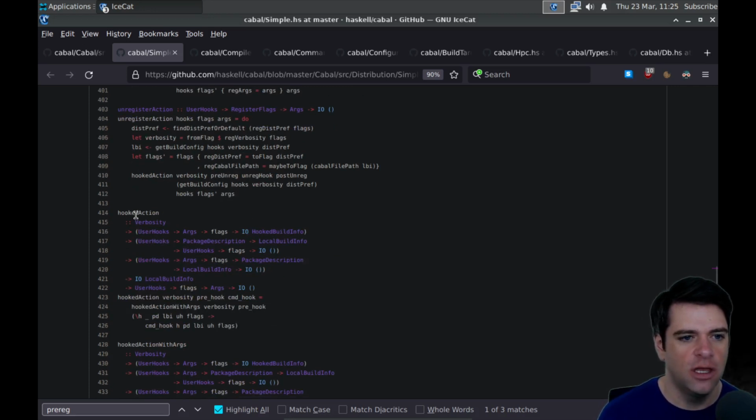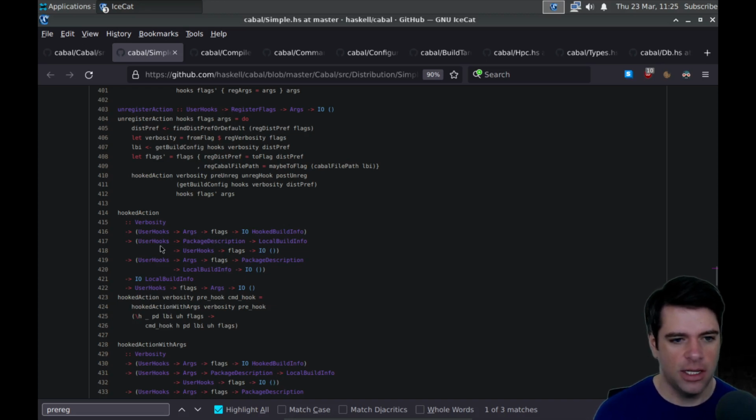I'm not sure. Here's hooked action. It's going to take a verbosity, some user hooks. Oh, no, this is a whole thing. It's going to take a function that takes user hooks and args and flags and gives you an IO hooked build info. It's going to take a function that takes user hooks, package description, local build info, more user hooks, flags, and does an IO thing.